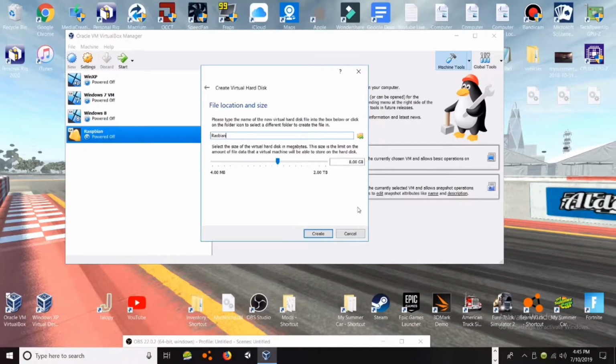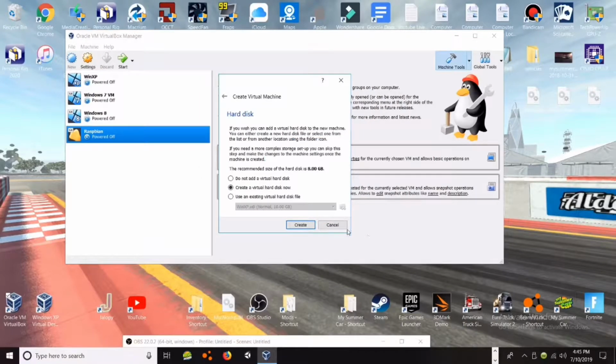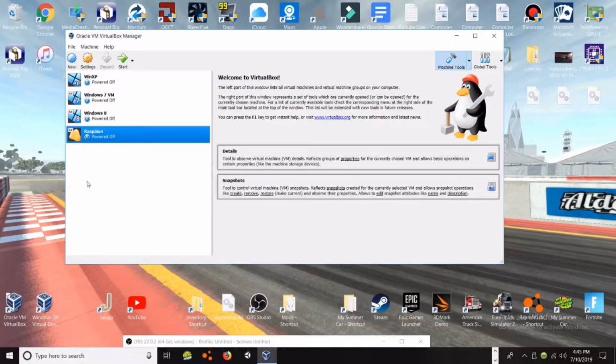You can give your virtual hard disk however much space you want. It won't actually take up any space. It'll just technically be a limited folder until you actually fill that folder up with space. A virtual hard disk is technically a hard drive within a hard drive, if you know what I mean. Anyway, you can go ahead